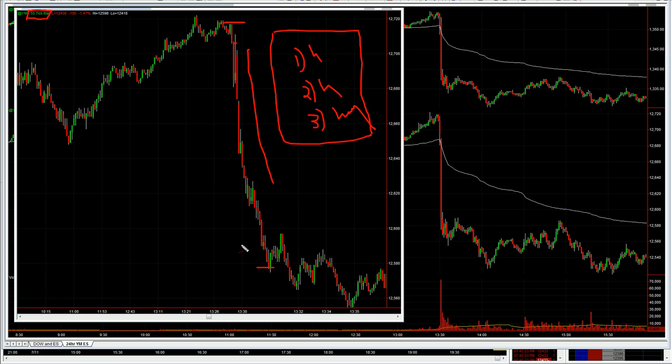So, right, good drive lower. Now, you're looking for a first pullback to get short. On the 1 minute, for me, there was a little bit of a pullback here, but that was really, really quick. This is ticks, don't forget, and it wasn't enough, and I wasn't going to chase. So the first pullback for me really is this pullback on the 1 minute. It's about 1.5 minutes long. Perfect. We've put in a bottom here.